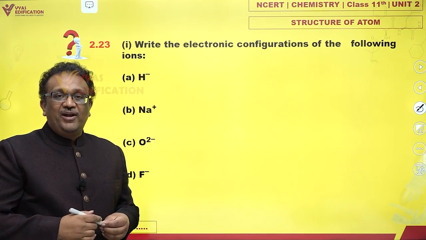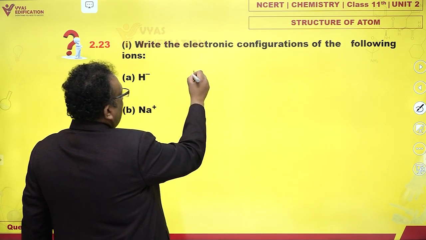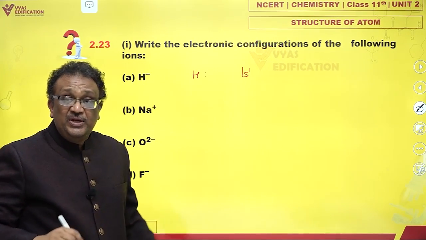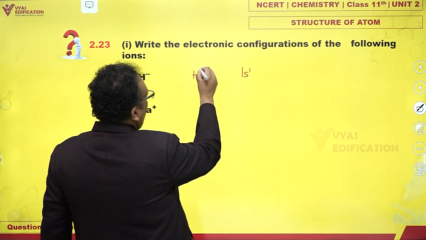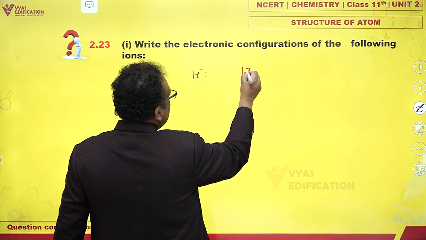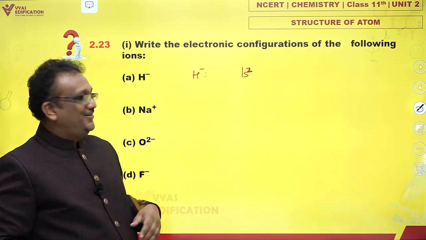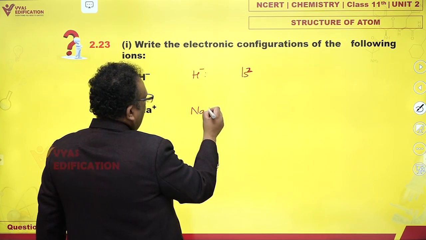Write the electronic configurations of the following ions. We have hydride ion. Now hydrogen is 1s1. And hydride ion means negative charge, which means I have added one more electron. So I have added one more electron, that means now it is 1s2. Why? 1 plus 1, 2. 1s2. Na plus, sodium itself had,